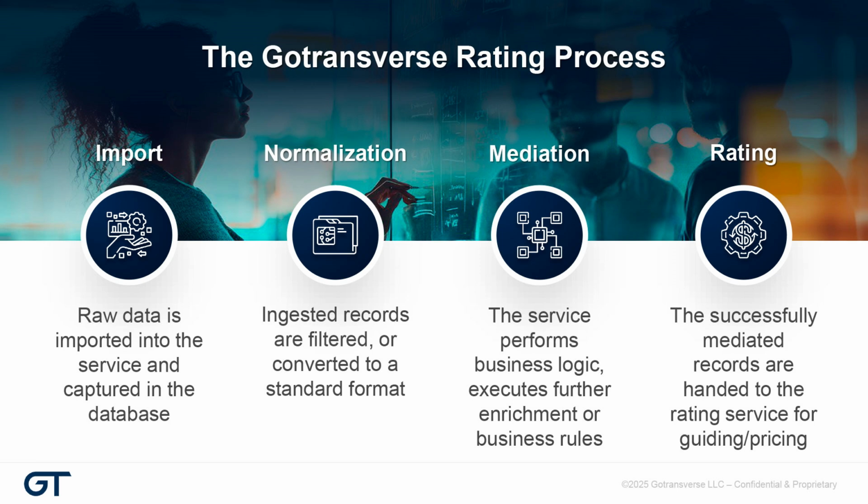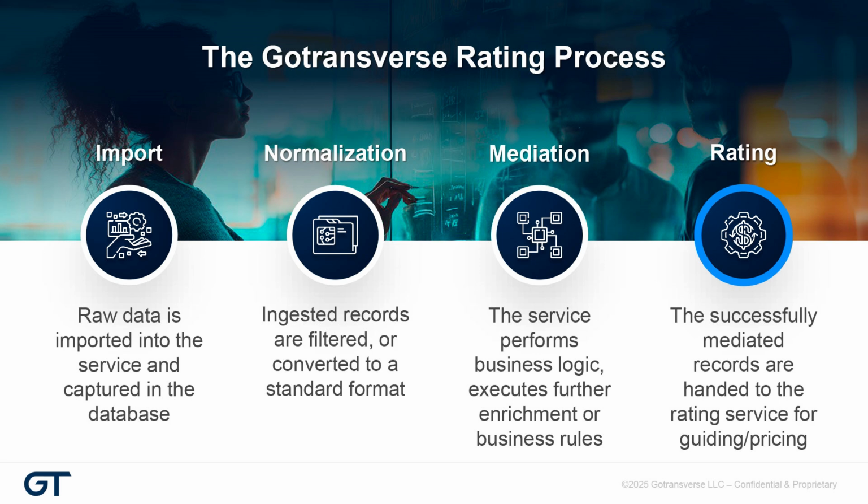This is a 4-step process. The first step in the mediation service is to import raw data into our service database. From there, it moves to normalization, where ingested records are filtered and converted to a Gotransverse standard format. This moves to mediation that performs business logic, executes further enrichment, or applies other business rules. Finally, this moves into our rating engine that takes these successfully mediated records and hands them to our rating service